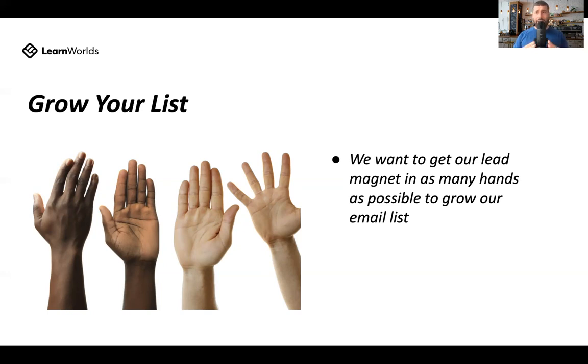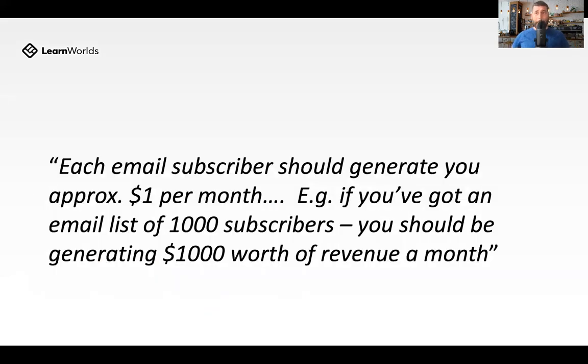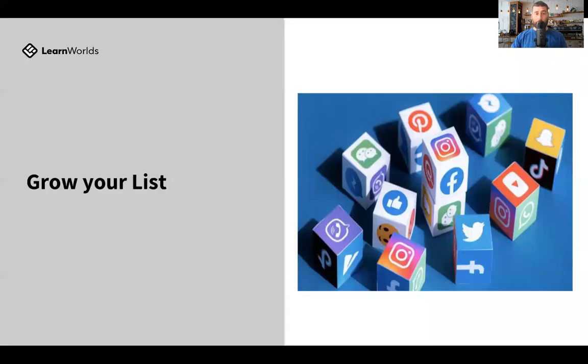You're more leveraged. And even if it's not the platform itself that kicks you off, maybe they just change their algorithm. Maybe you used to get a lot of reach on YouTube or Instagram, or whatever it may be. The platform changed your algorithm. You now can't get in front of your followers. However, if you had an email list, you would still be able to get in front of them. On top of that, it's easier to make sales via email. So a rough statistic, each email subscriber should generate about $1 per month. So if you've got an email list of 1,000 subscribers, you should be generating about $1,000 worth of revenue a month. That's an indication, just to put it in perspective.